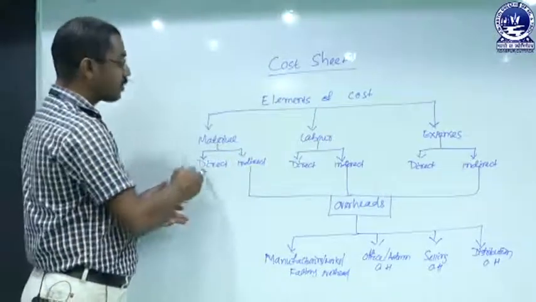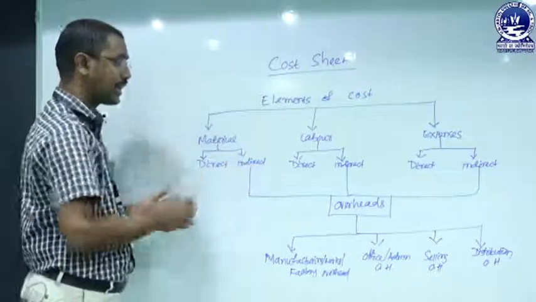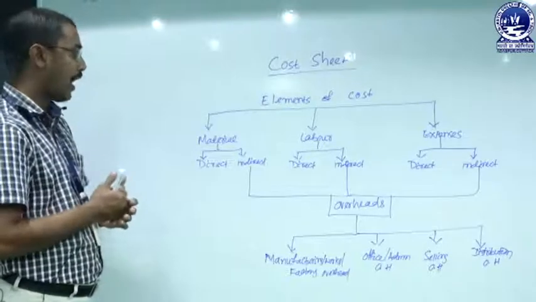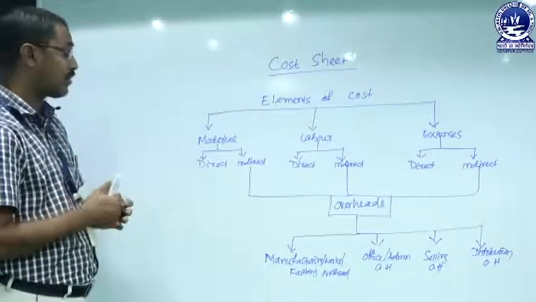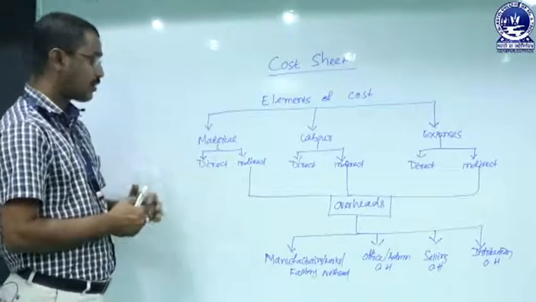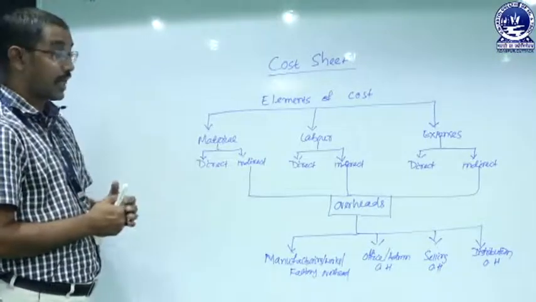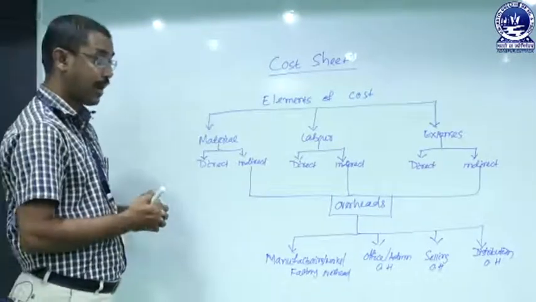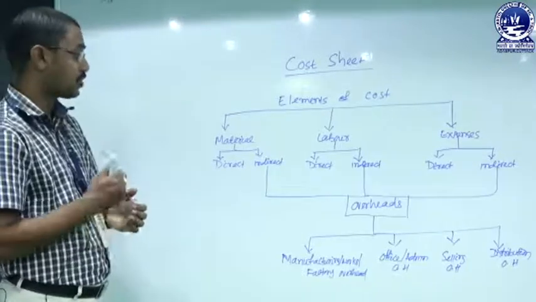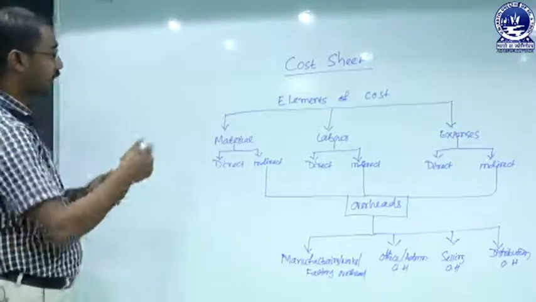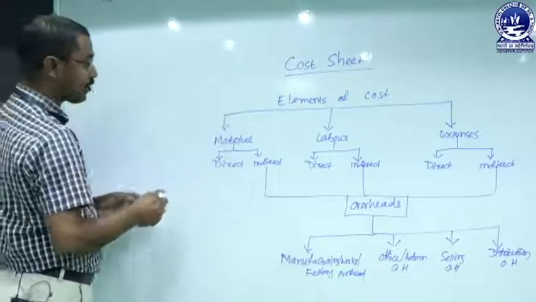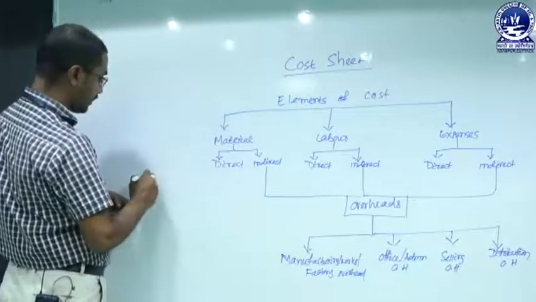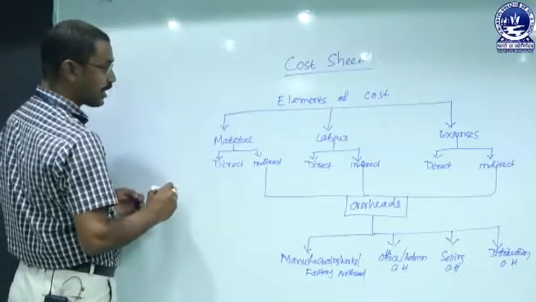But before that, first we have to know what is direct and what is indirect. Direct means incurred directly for producing an output or product or providing a service. The term indirect refers to that which is not directly allocated, but which can be apportioned to or absorbed by different cost centers or cost units. So if we take into consideration this total element of cost, then for the preparation of a cost sheet we can find various heads of items.